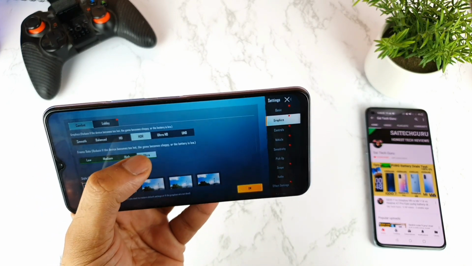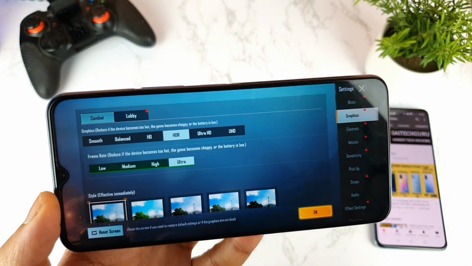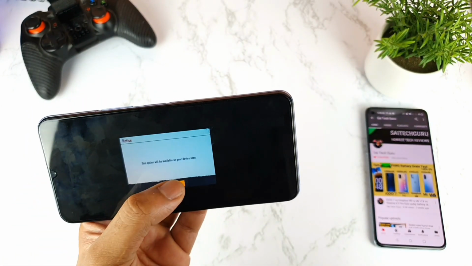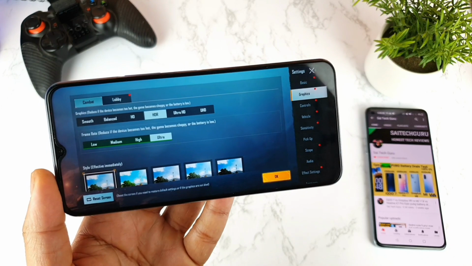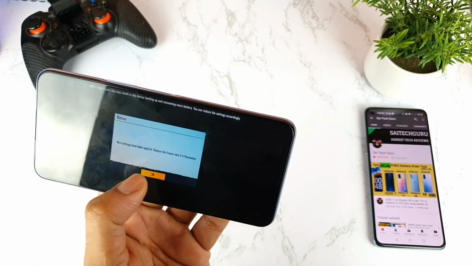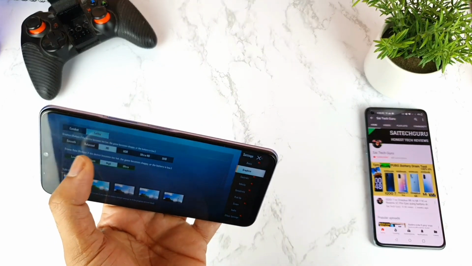There is no HDR and extreme settings, unfortunately, as you can see, friends. That's really disappointing for a lot of users. Ultra HD option is also not available at this point, as you can clearly see. So they did mention everything clearly. That's another quite disappointing thing in terms of the PUBG gameplay.